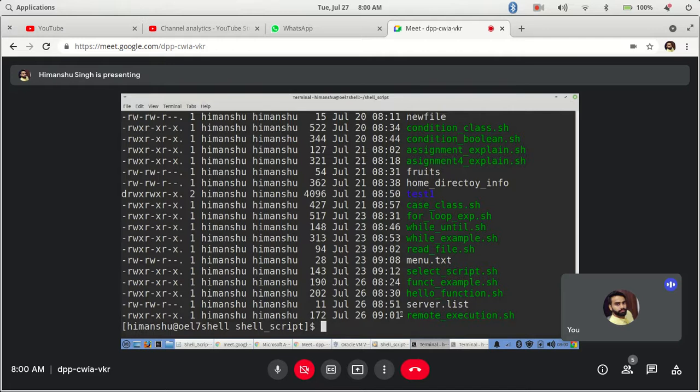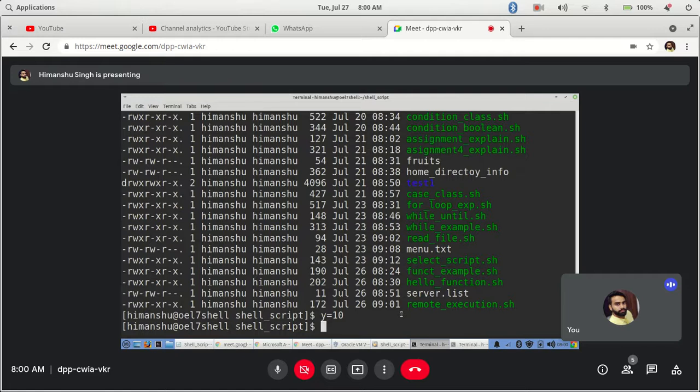let's say I have y equal to 10. Now if I do something like z equal to, if you remember, dollar brackets, and I say dollar y plus, let's say 1.